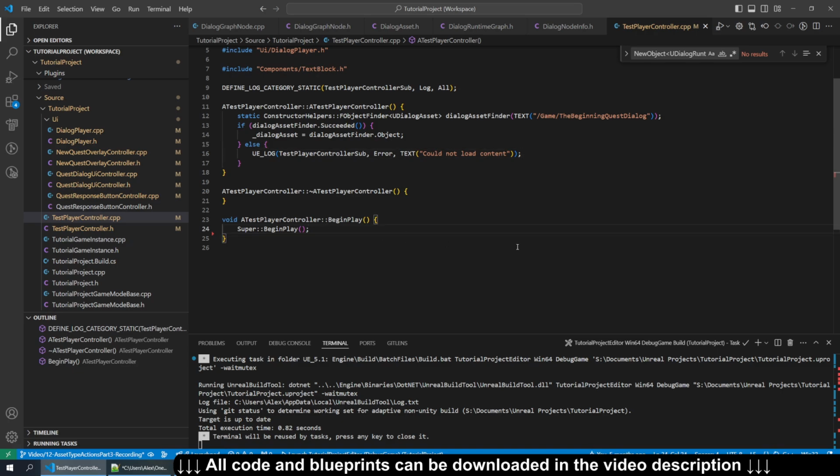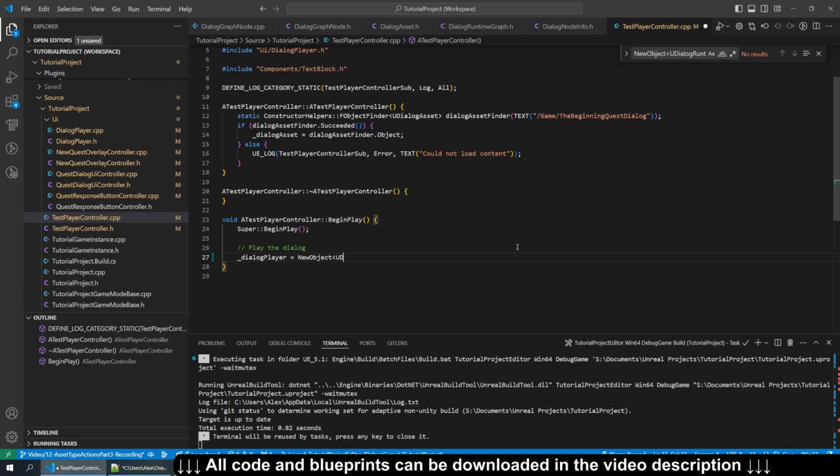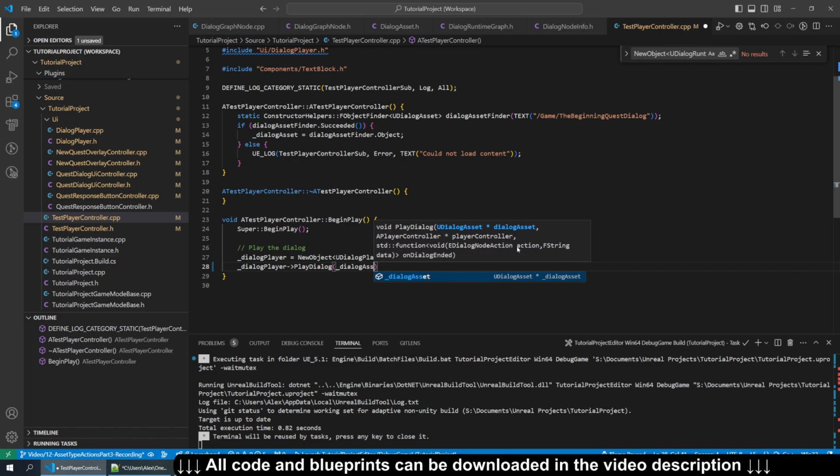All right. So now in begin play, we just need to use our stuff. So first let's create a dialog player. So dialog player equals new object, new dialog player, and this is the parent. And now dialog player play dialog, and we got to give it the asset to play. Got to give it the player controller, which is this, and we have to give it a callback when the